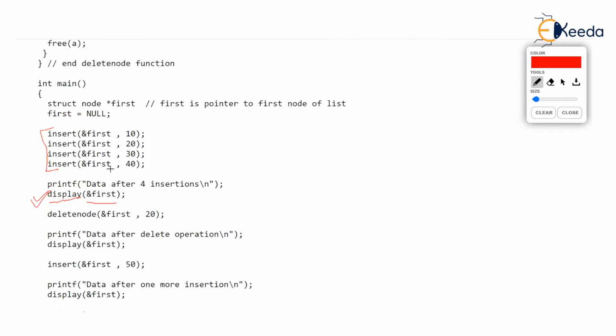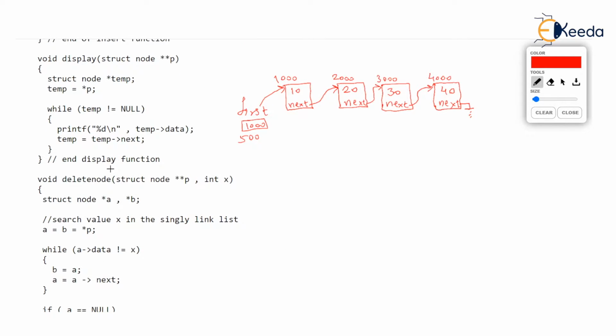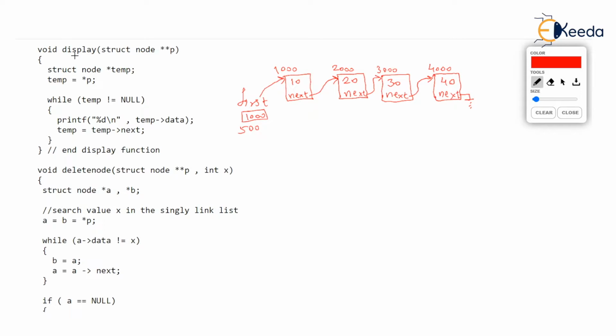So here we go. The display function over here, as you see, is void. It's simply going to display all the nodes. It's not going to return any value. And it has a pointer to pointer. P is a pointer to pointer. What is P going to literally receive? This pointer is going to receive address of first, where first itself is a pointer. Hence, P is a new pointer now, and P is storing address of first, isn't it?